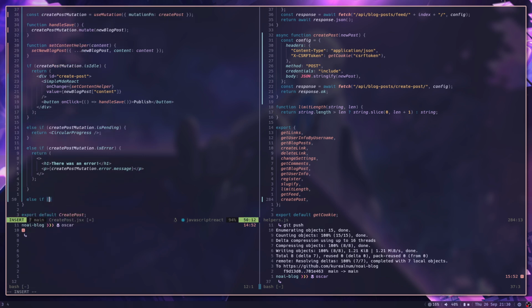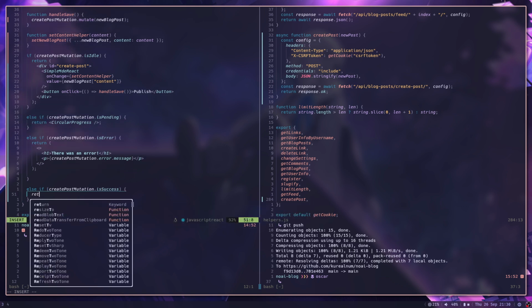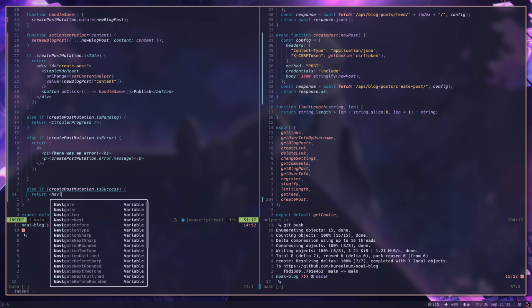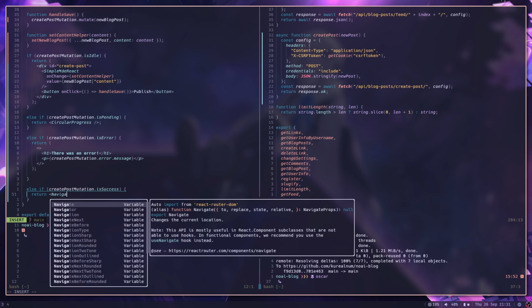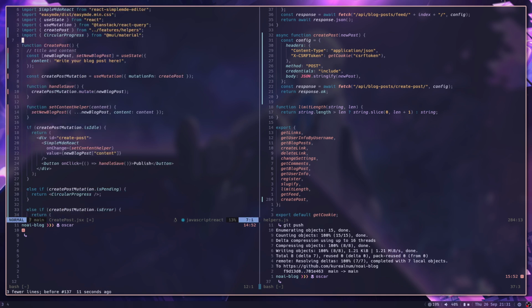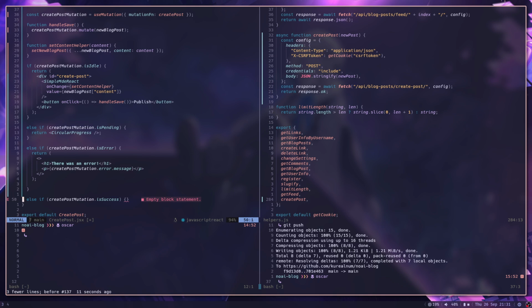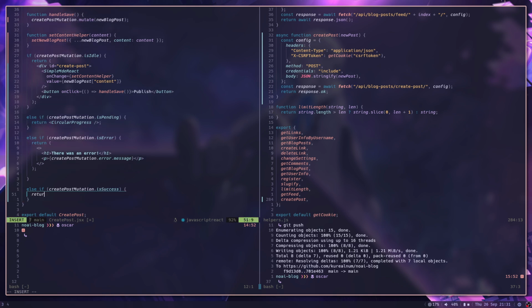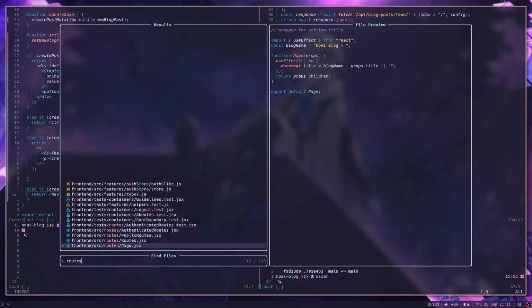And else if create post mutation dot is success, I actually want to return navigate to, it's gonna be the fun part. It's gonna be the real fun part. If it is successful, I want to navigate to the blog post that was just created. So, which means I need to navigate, let me look at routes,